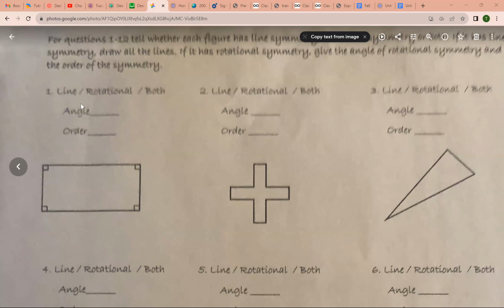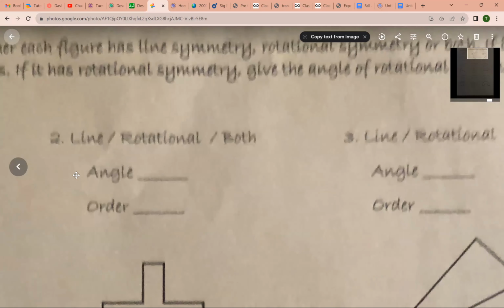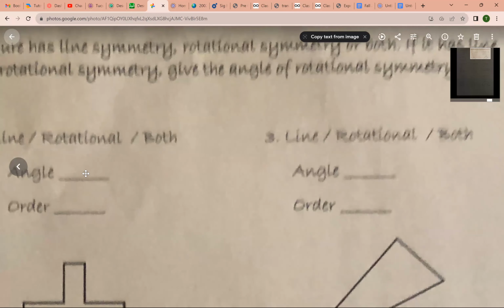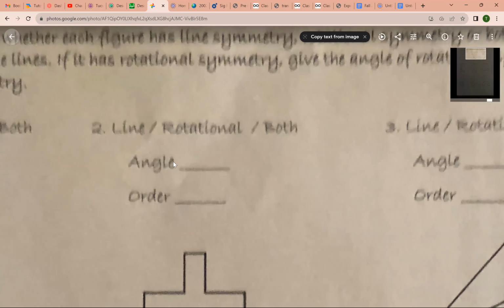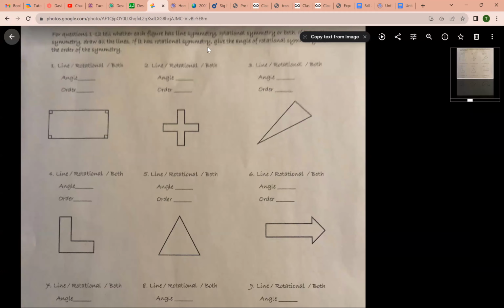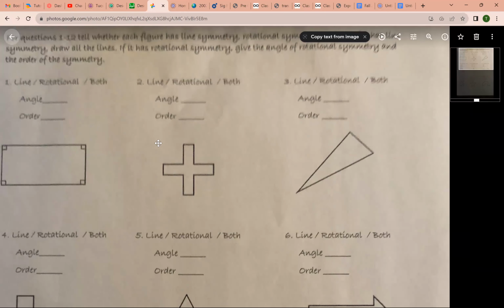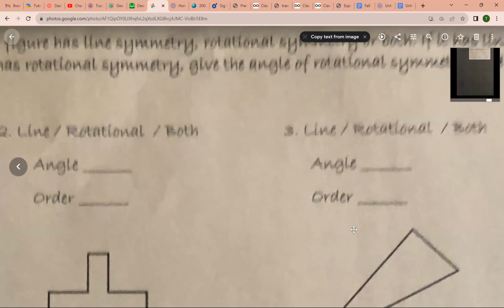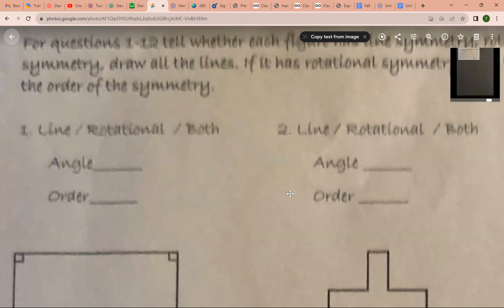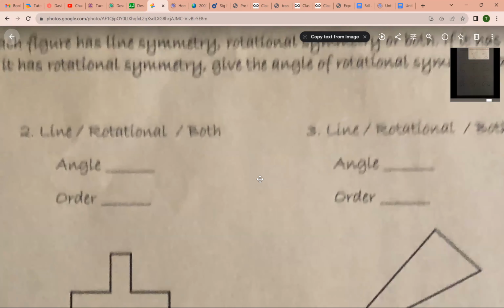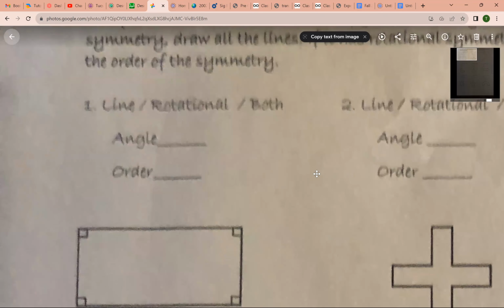It has line symmetry, rotation symmetry, the words are all cut off here. Symmetry, rotational symmetry are both. If it has, let's see here, boy, this didn't get in there well. Draw all the lines, if there's rotational symmetry, give the angle of rotational symmetry and the order of